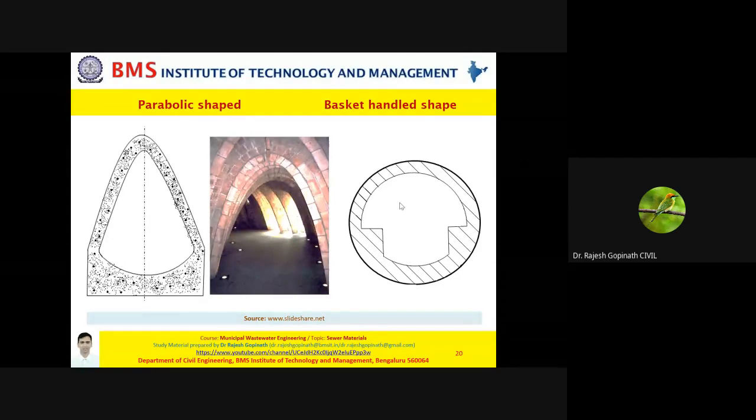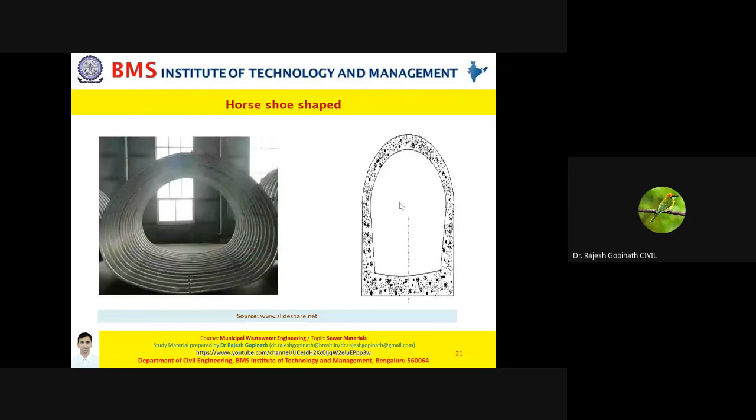Please understand, it's not very easy when it comes to handling it, laying it, cleaning it. The maintenance part actually is a troublesome issue. Now the very simple reason why we call this a basket handle shape is because it resembles the shape of a basket handle. Let's come to the last one,